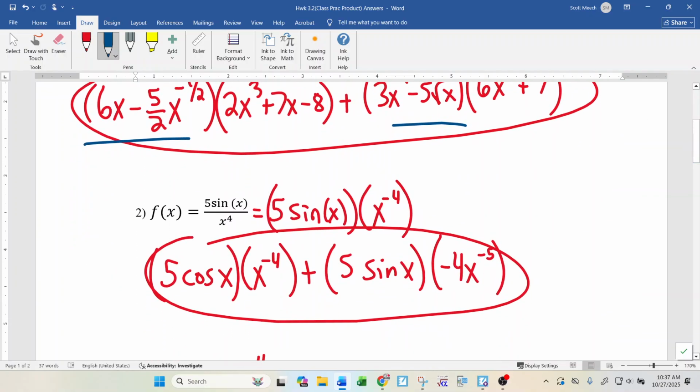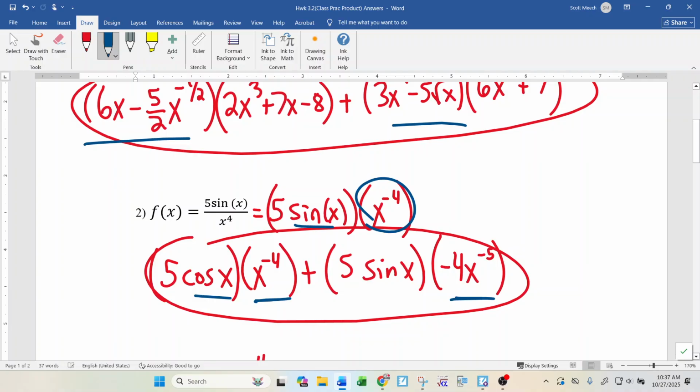Our first thing here is we needed to write 5 sine of x, and we had to change the second to x to the negative 4. So it's derivative of the first times the second plus the first times derivative of the second. And the one thing to remember, we haven't proved it yet, but the idea is the derivative of sine is